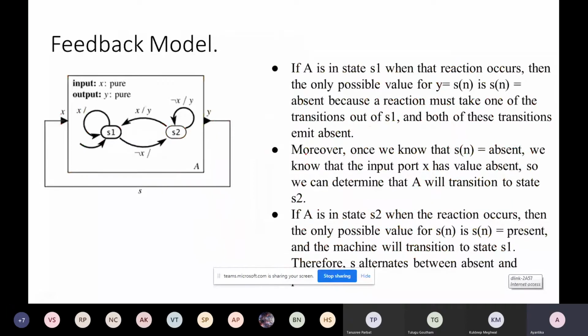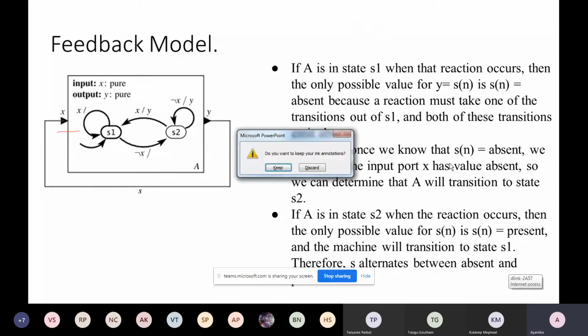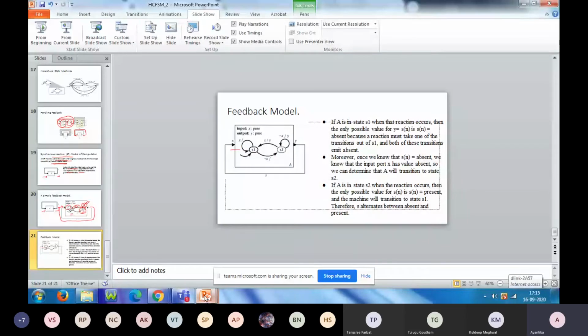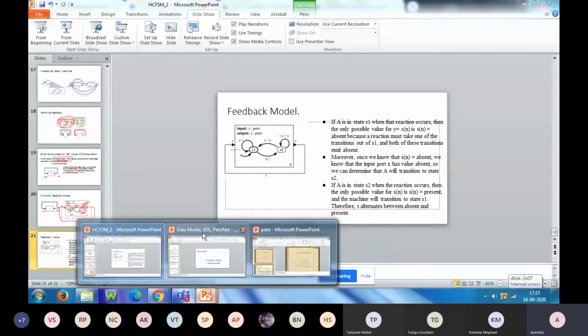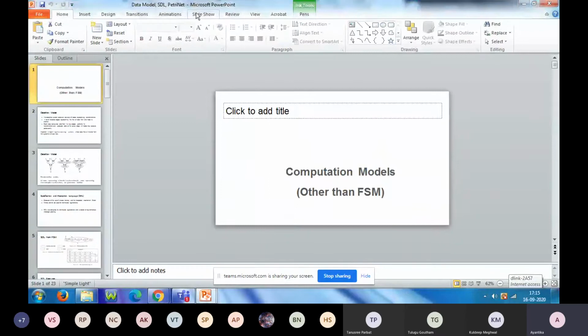So this is the description that is written: at the nth tick, whatever you are considering as output, in the next tick you are considering the same as input to your feedback model. This is a simple thing I think we have not discussed before. Okay. Next, we will move to other models.